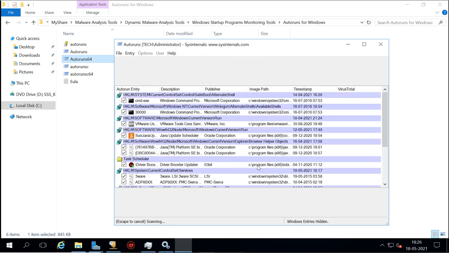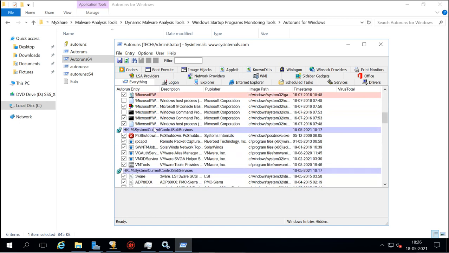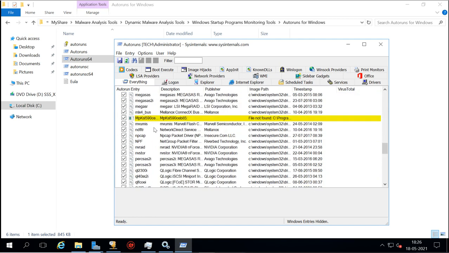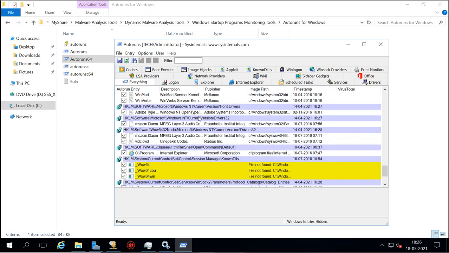Like this Autoruns, it shows the services running, the command, the exe also, and detailed information. It shows that this is running from this registry, this is the file. So it shows which one is running from the registry.